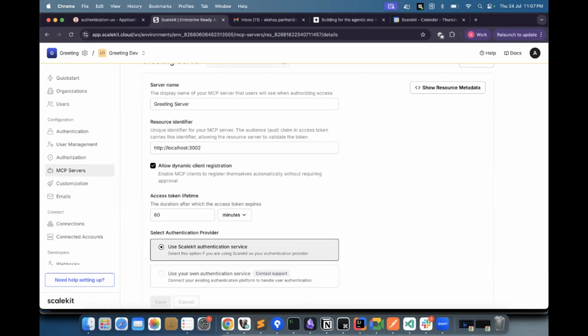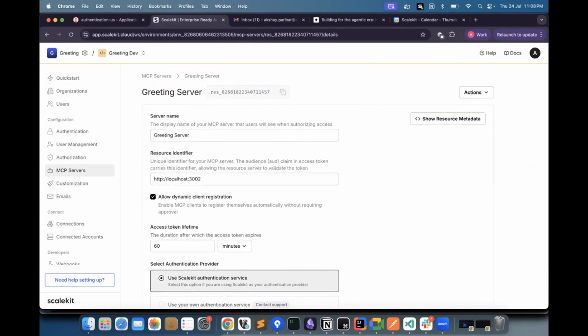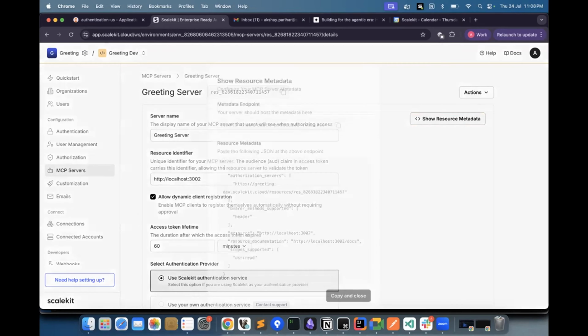I want to make sure my MCP server allows dynamic client registration so that all the MCP clients can register a client ID and use it whenever authorization is needed, with a 60-minute token lifetime. There are 2 options. We can use Scalekit's own authentication service, or you can bring your own authentication service. For this demo, I'm going to use Scalekit's authentication service. And once we create the server, this is the